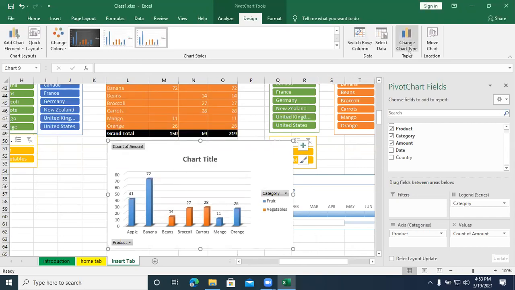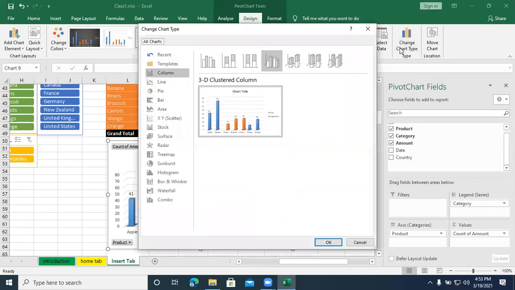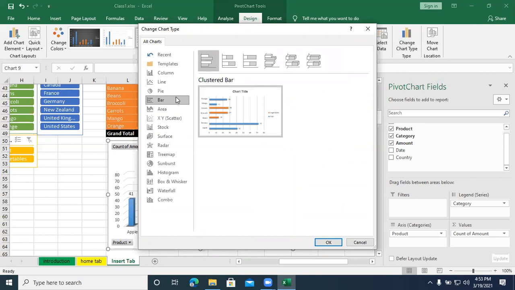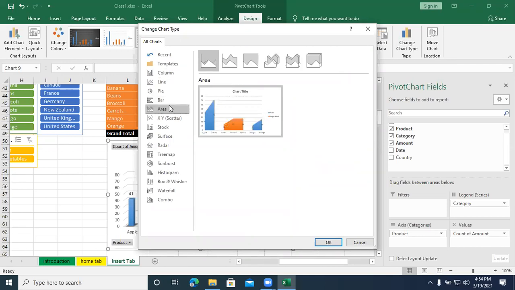Instead of the column chart, if you want to change to a bar chart or line chart, use change chart type. If I click change chart type, it shows all the different types of charts. So you can just convert to a bar chart, a column chart, a line chart. So this is how different types of charts can be inserted.